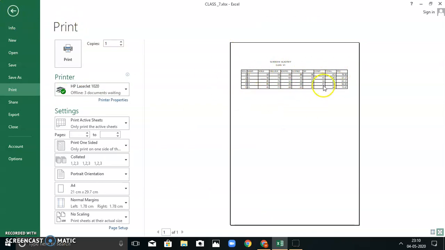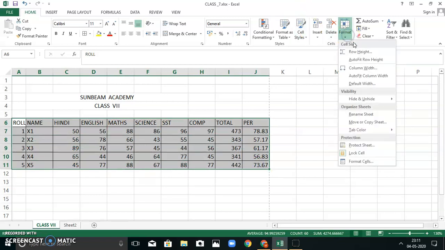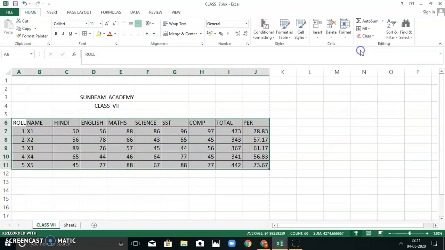Now but this is smaller in size, so how to make it big? So again select the cells, go to format, and I wanted to increase row height. So my row height is 15 right now. How will I do it?